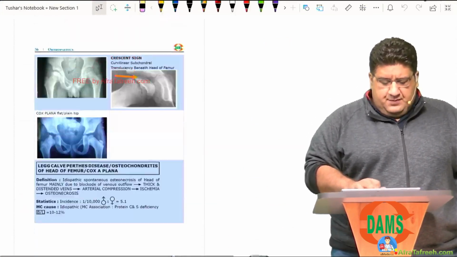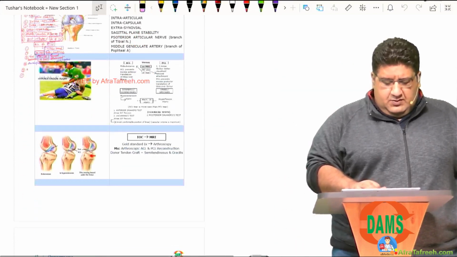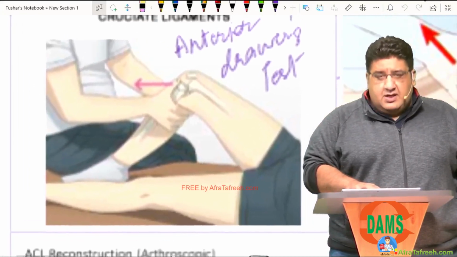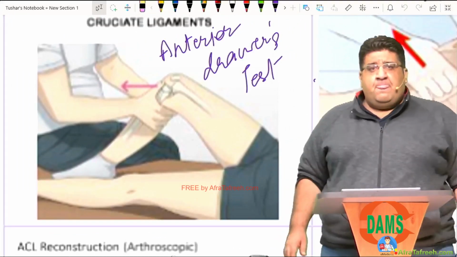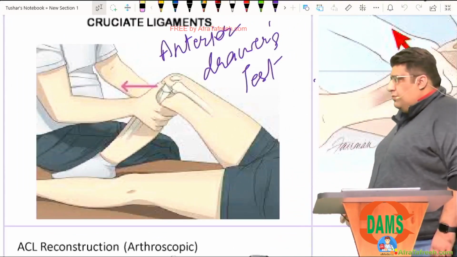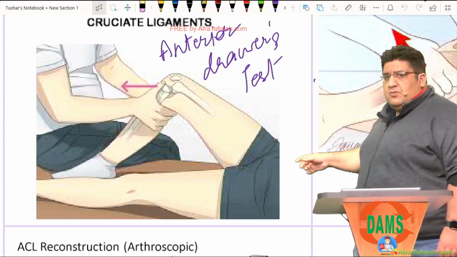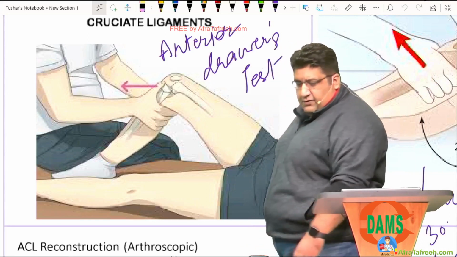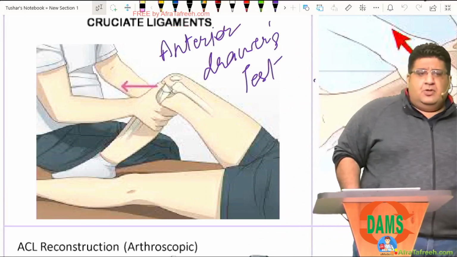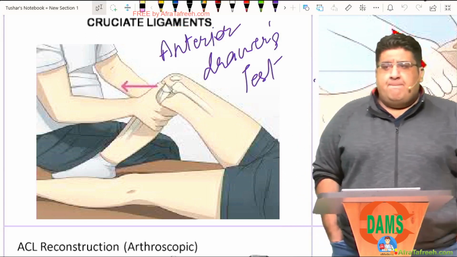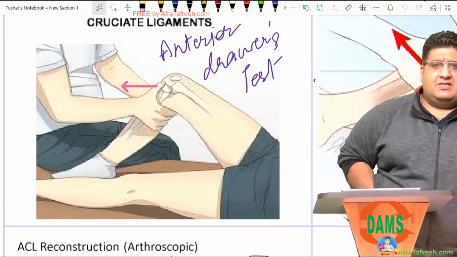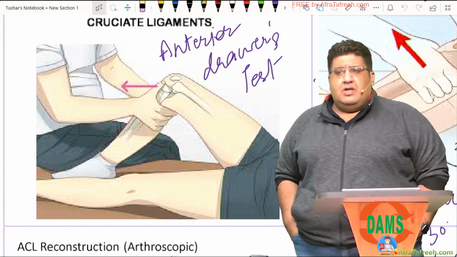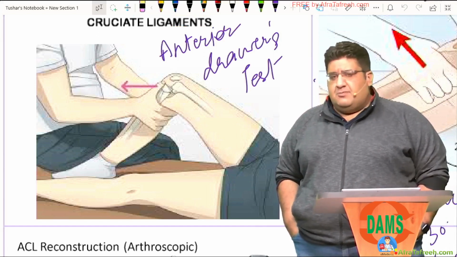Okay, guys. The first test that I want all of you to understand here is what is called the anterior drawer test. The first test in your workbook that I want you to understand is the anterior drawer test. I have a request for all of you: please do not try to mug up the steps of the test, as I have seen most of you doing all the time. Please do not do that. Just listen to the steps and absorb them.